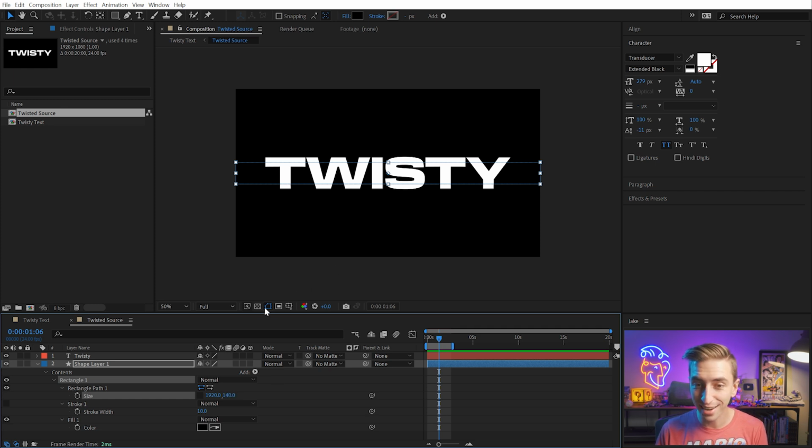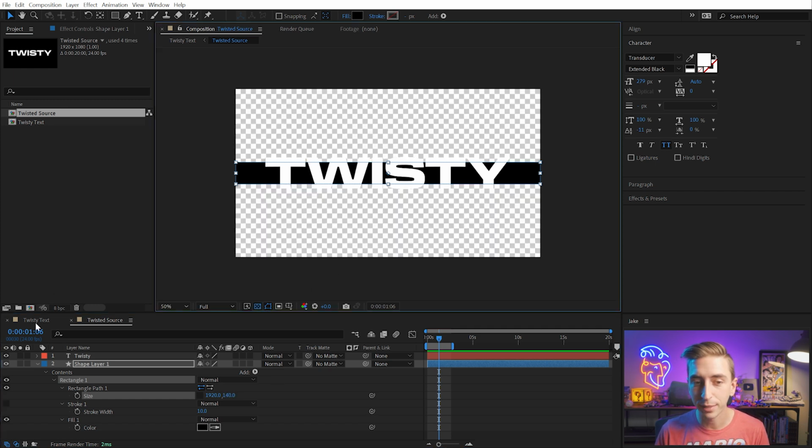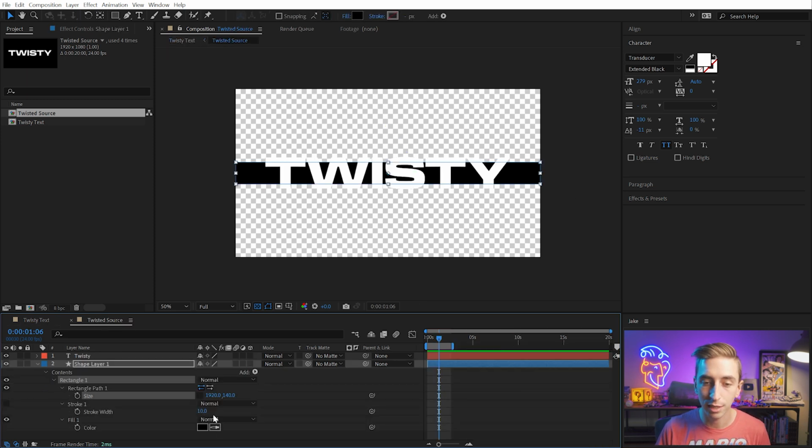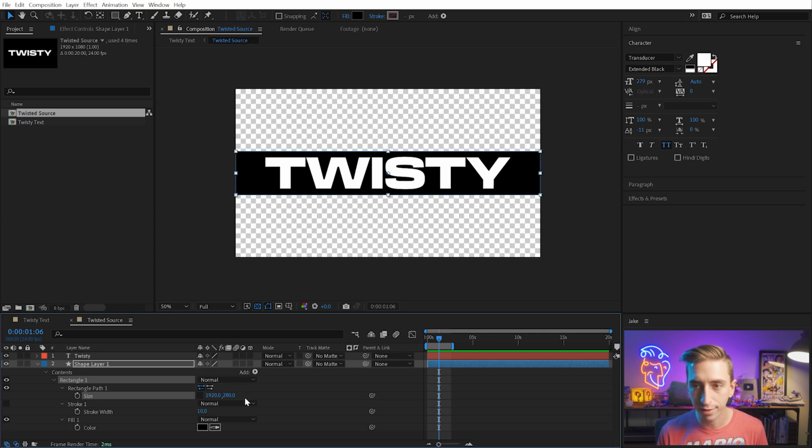Except that's actually not the right size. It needs to be double that because the anchor point is only pushing it out 140 pixels in one dimension. I need to double that to go in both dimensions, so that's going to be 280, or I could just say times 2, and that'll do the math for me. So now I have a rectangle serving as the background, so I'll rename that BG,